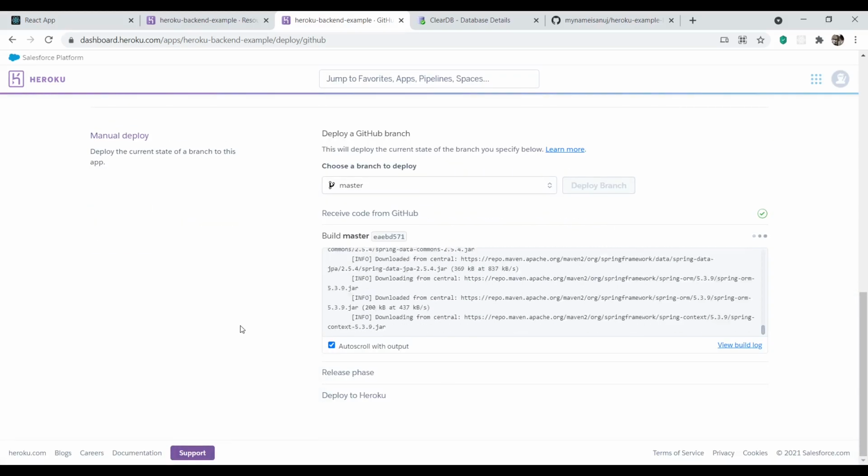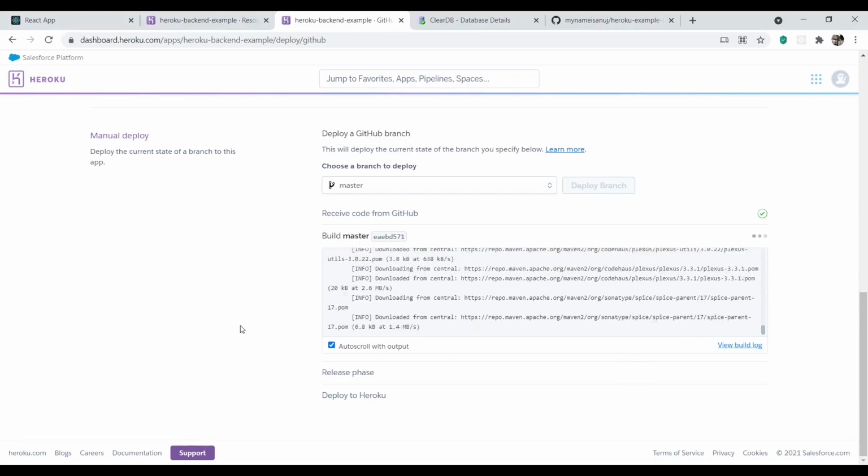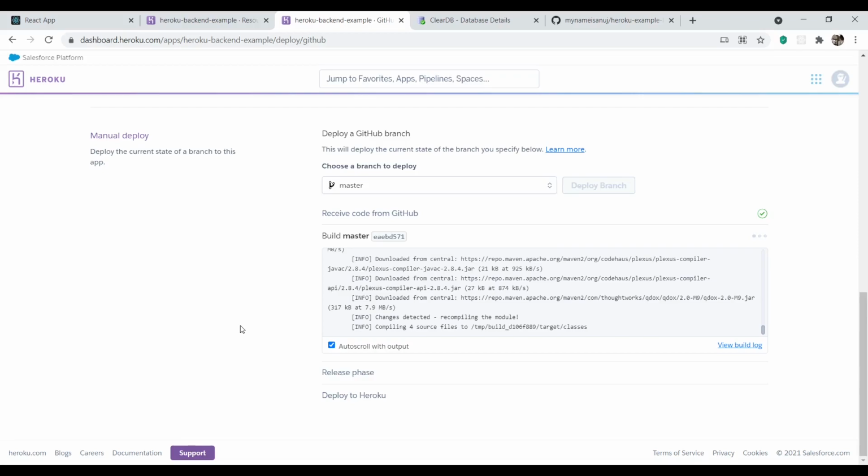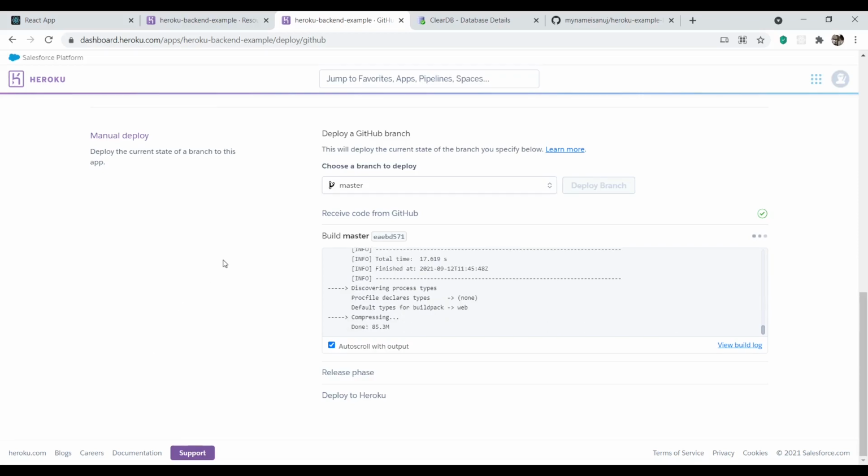The best thing about Heroku is that it will automatically detect what this branch contains, whether it's Java code or React.js code. So you don't have to specify anything. Also, if you add your credit card, it will give you some 400 hours extra. So I think it has 600 hours per month, which is beyond what you need eventually.